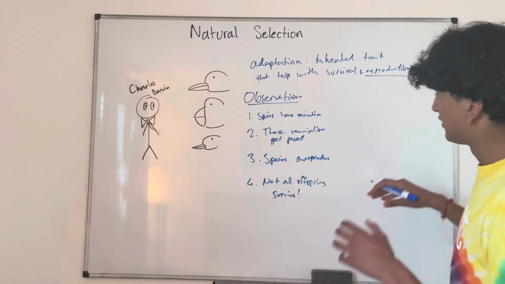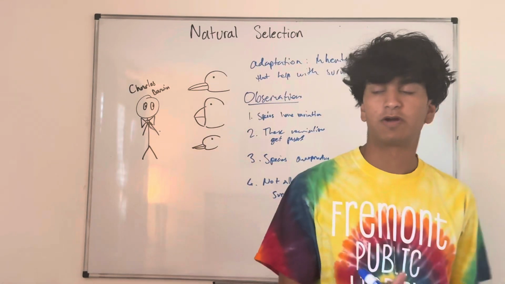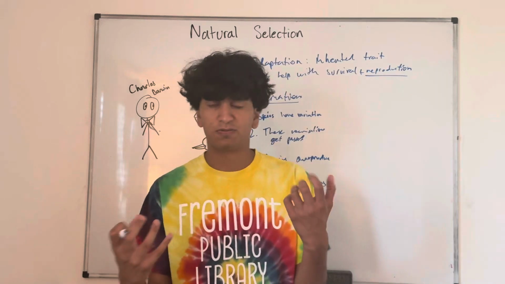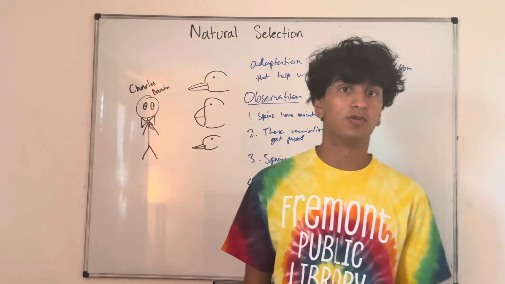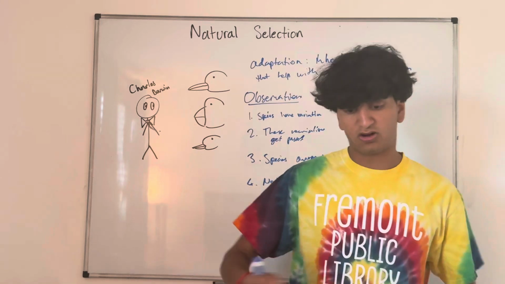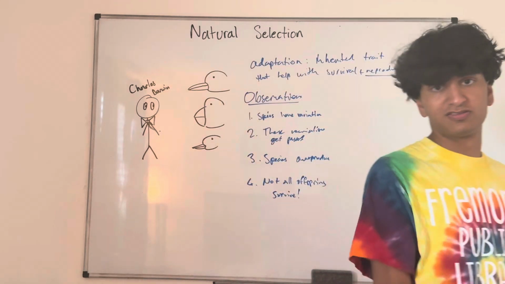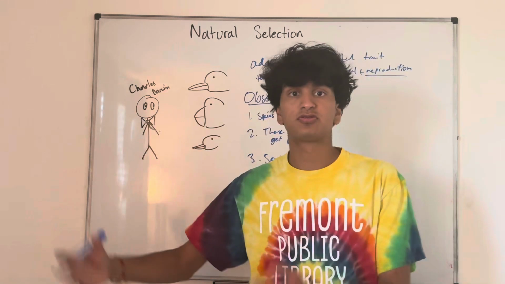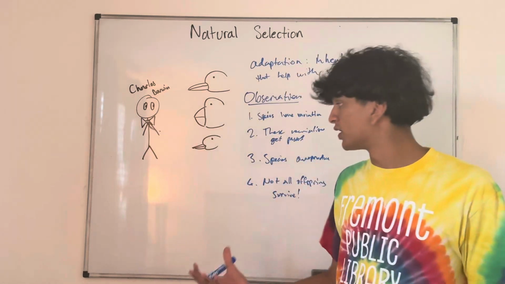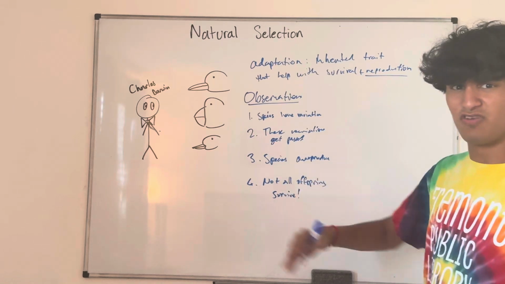Right? So if you have a bunch of offspring, they're not all going to make it. There's not enough resources, first and foremost. If you think about the area where a frog has just laid a bunch of eggs and they're all tadpoles now, there are so many tadpoles and there's just not enough food or resources or whatever the tadpoles need to survive. There's not going to be enough for all the offspring. That's just the definition of overproduce, right?